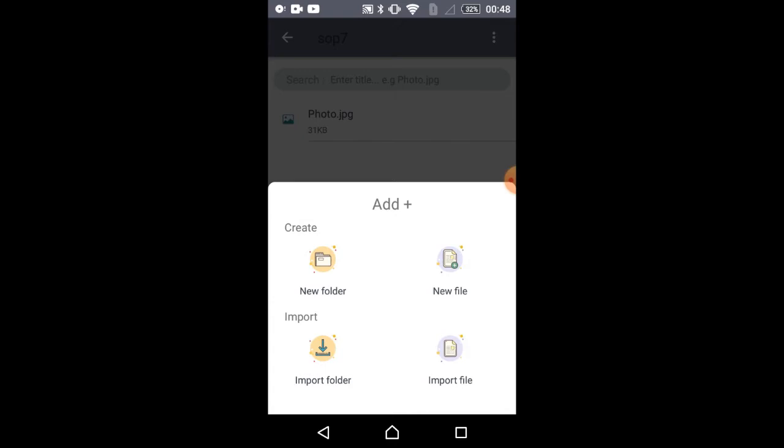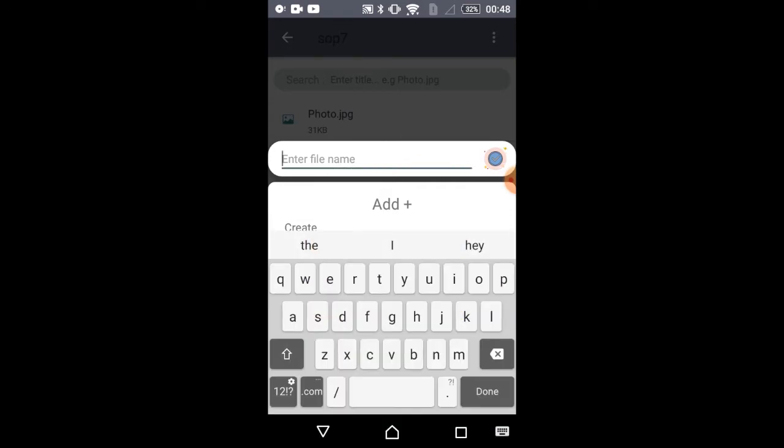So after that, just click on the plus and click on new file, and here as the book has mentioned the name of the web page, that is image map, so you have to give it as imagemap.html.